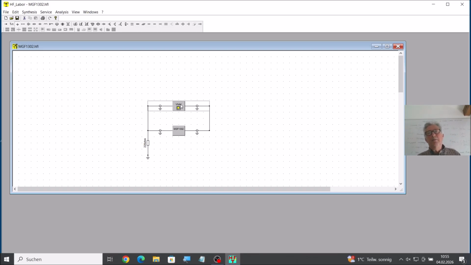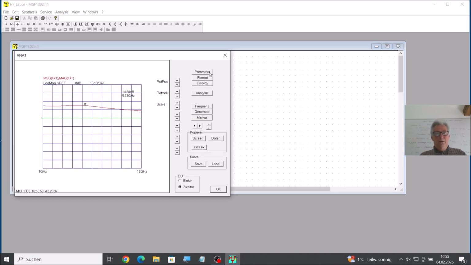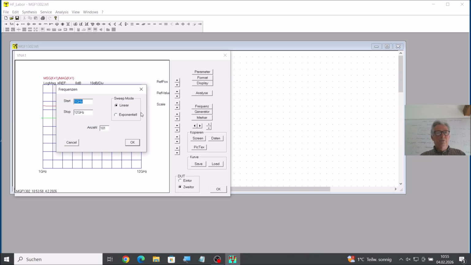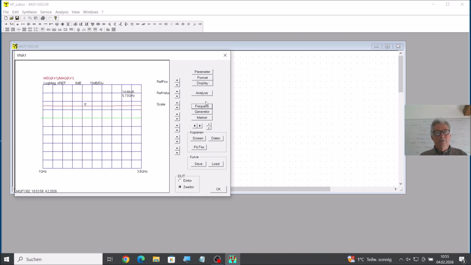So if I want to, for example, design an amplifier next to the frequency of 2.4 gigahertz, I will reduce now the frequency range from 1 to 3.8 gigahertz, which means now 2.4 gigahertz is just in the middle of our system. And if we do the analysis again and we have a look at the marker, then we see that at 2.4 gigahertz,